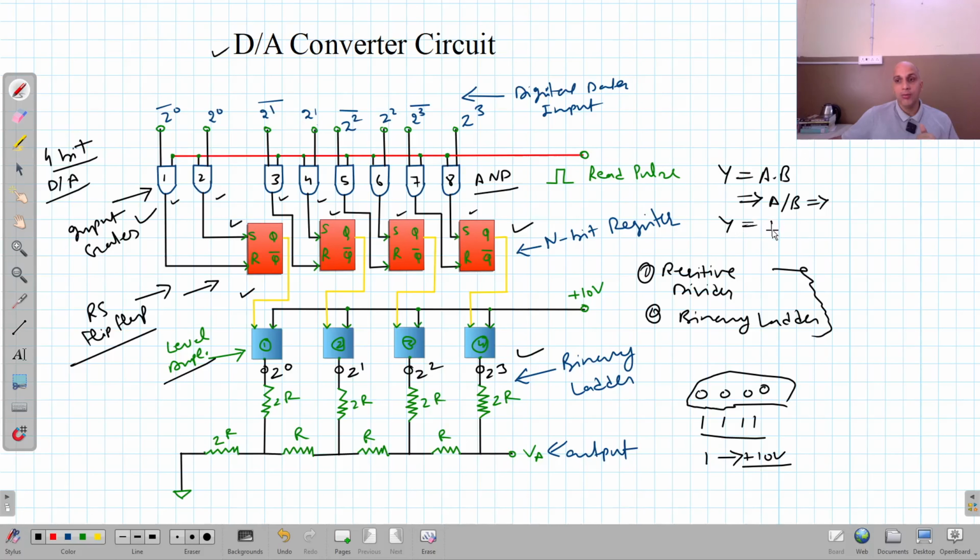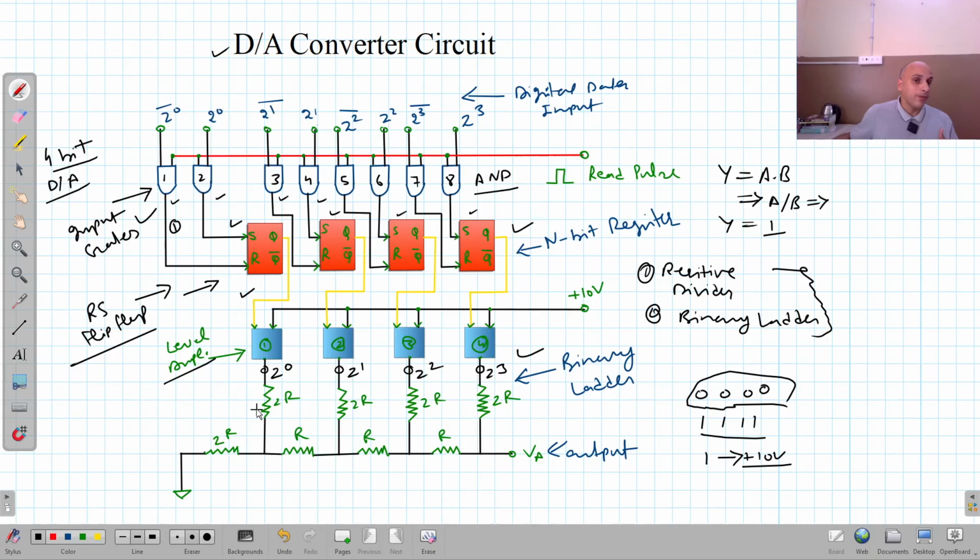Then Y is equal to 1, right? So it means I will get 1 or high at the output only when both the inputs are high. Now it is very important in a flip-flop that when we are using multiple flip-flops, here we are using 4 flip-flops, all these flip-flops should be clocked at the same time. Clocked means they should be set or reset at exactly the same time. Otherwise, the synchronization between the different flip-flops will be disturbed, and the output that we get here will not